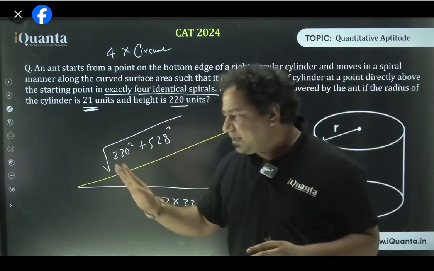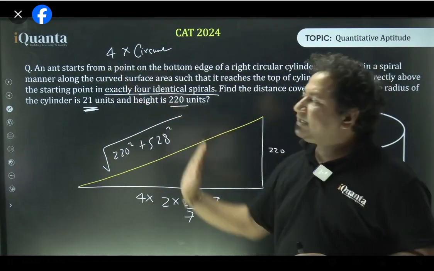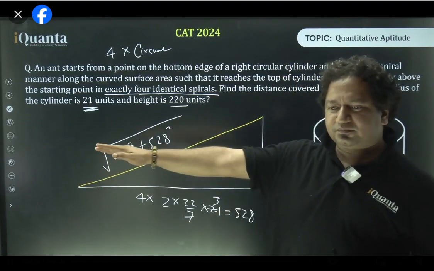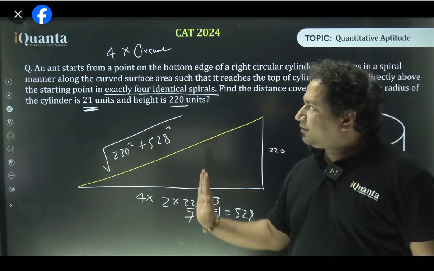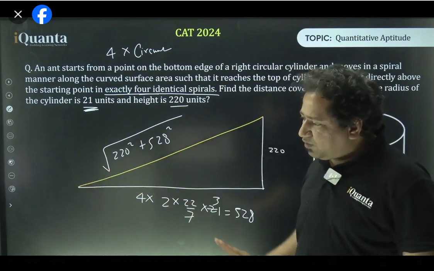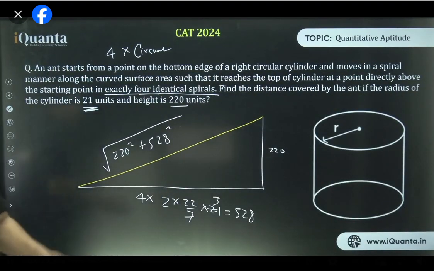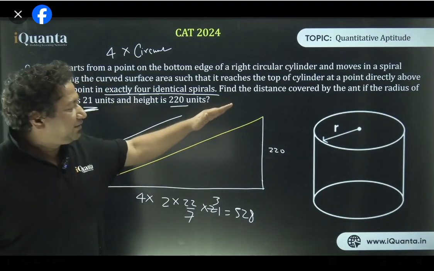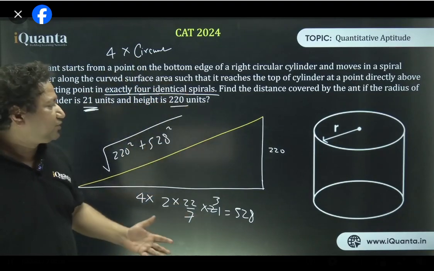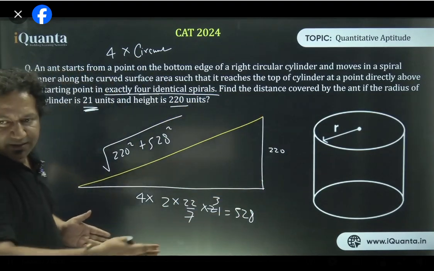So listen, whenever we go in this lateral, slant way, we are traveling in 2 directions. One is vertical, other is horizontal. Yes or no? Do you understand that? Vertical and horizontal whenever we go in a slant fashion. Right? So that is what is happening over here. So the exact distance traveled by the ant is the yellow line. That was in slant. So to calculate that, I wanted to use Pythagoras theorem. So I took the vertical component, that is vertical height, and horizontal component, that is horizontal distance.